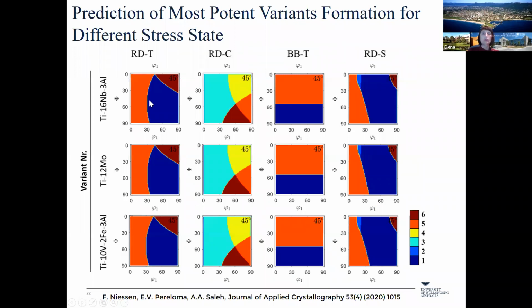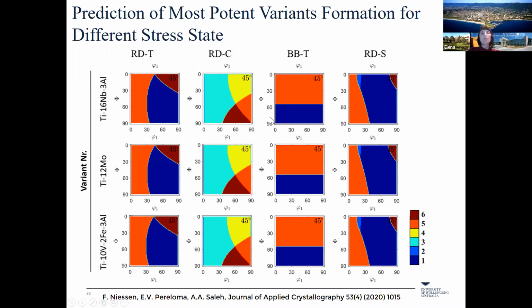And here, as you could see, again, composition has pretty small effect, slight change in the fields, but very, very minimal. But when we're moving from one type like tension to compression, we could see that we have changed from variant numbers 5, 6, and 1 to variants 3, 4, and a bit of 5 still. But anyway, from 3 variants to 4 variants. And here we have only 2 variants selected, predominantly.